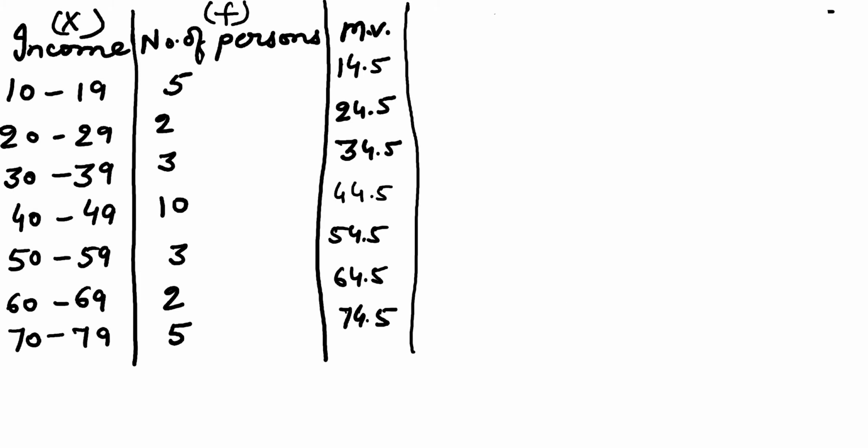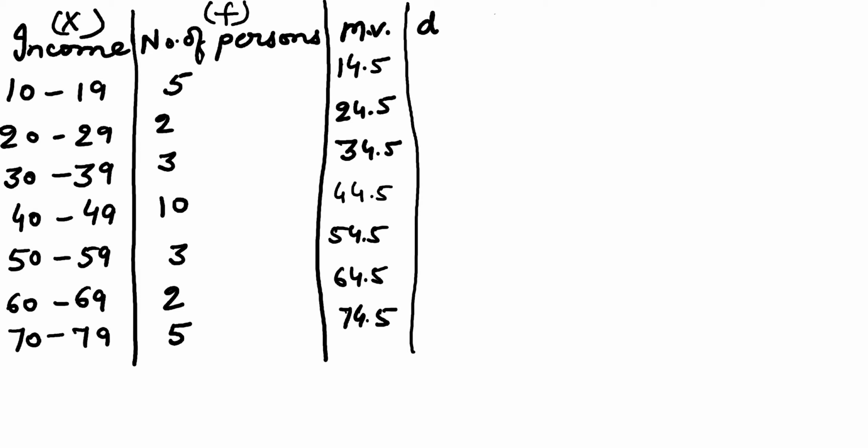Next thing which we have to calculate in this process is D, that is deviation. You must have seen the previous videos in which the step deviation method has been explained. If you have not seen that method, then please go back and see that video. Only after that will you be able to understand this method, because we are applying the same method in this question. But the difference is that here we are applying the step deviation method in inclusive series.